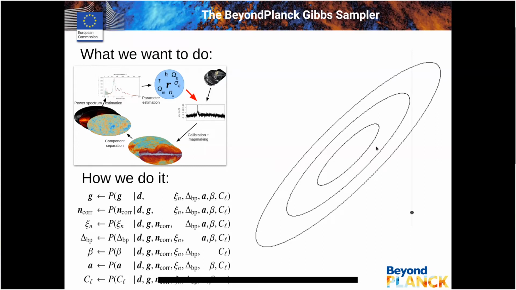And as you follow this procedure, eventually you end up mapping out the whole probability distribution while only having to draw samples from one dimension. So that greatly simplifies this process and allows us to basically do this at all. Because if you had to directly sample from this full million or billion dimensional probability distribution, that would be impossible.